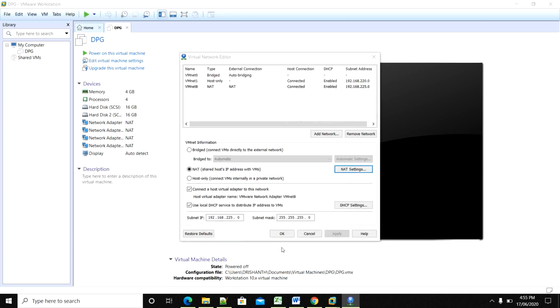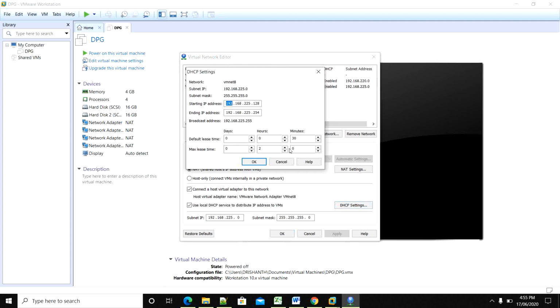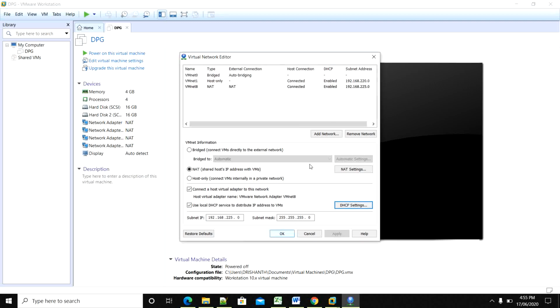After that we make sure that the NAT radio button is enabled, and here we need to mention the subnet IP and the subnet mask. Once all this configuration is done, just make sure the DHCP setting is there. Once this configuration is done, we'll click on OK.